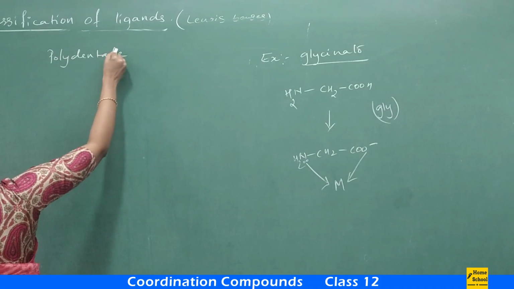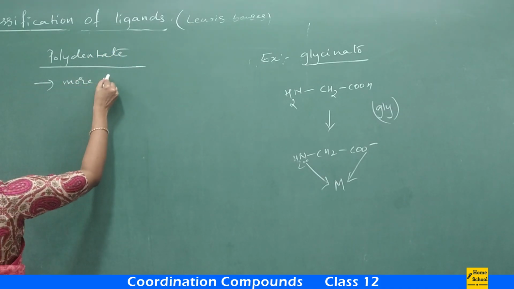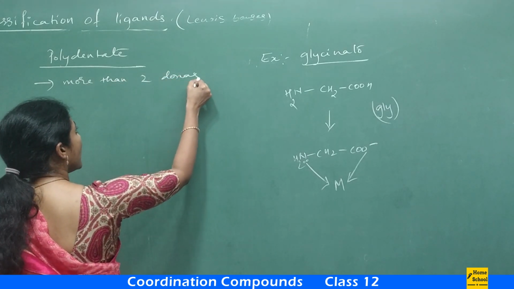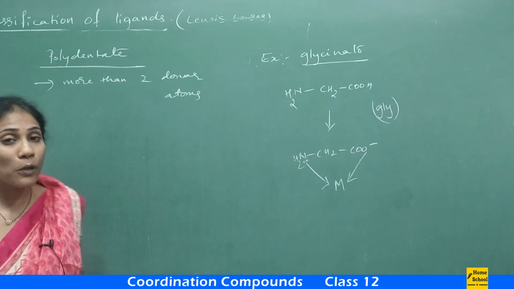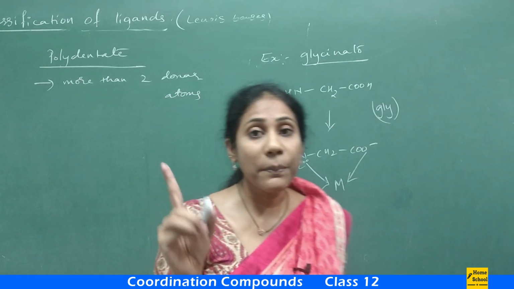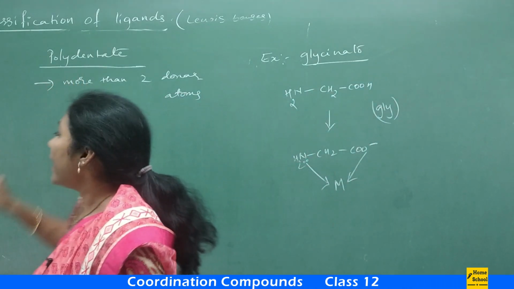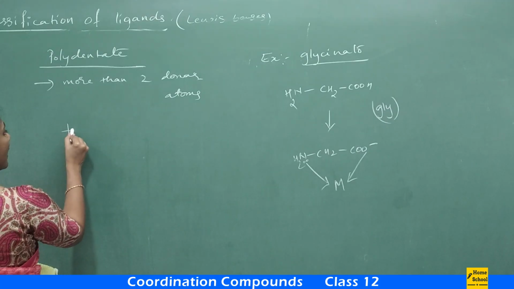Polydentate ligands will have more than 2 donor atoms. I mean more than 2 coordinate bonds can be formed from each ligand. Such ligands are called polydentate ligands. Okay, so look here. We have something called